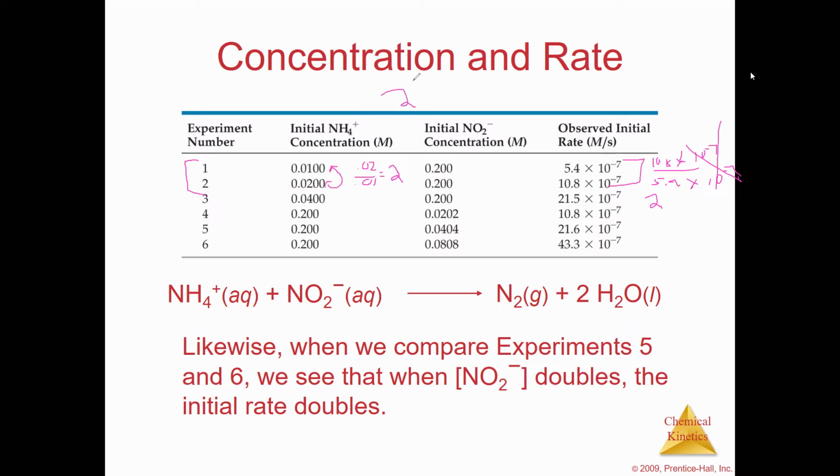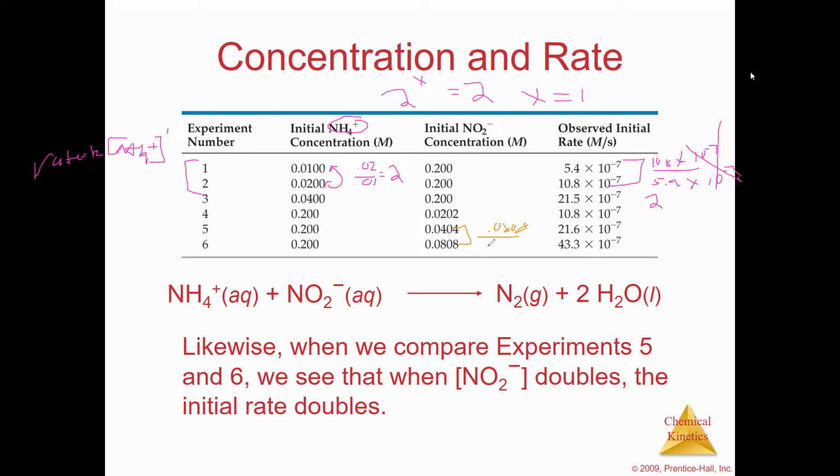So 2 to the what equals 2? 2 to the first. So this is first order. So when we did our rate equals k times NH4, you could write the 1 or not, but if it was a 2, you would write the 2. It's first order. And we found that out by dividing our bigger by the smaller, setting those equal to each other, and asking to what exponent does it give you that one? So let's look at the other one. Same thing because it was doubled, but if we look at 5 and 6,